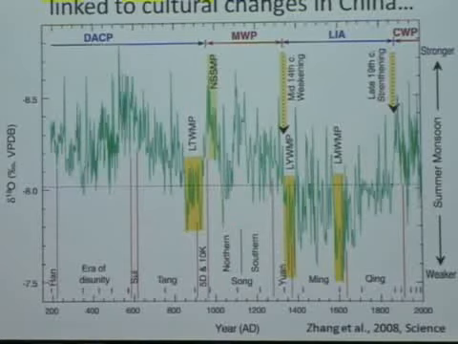And then there's also a weakening at the end of the Yuan dynasty and at the end of the Ming dynasty, which are seen in a number of records. So this is possible evidence that climate changes may have contributed to some of these cultural changes. It's not saying that it was the main driver, but it very well could have played a role, as dry conditions in this period were likely to lead to droughts and famines and social upheaval.